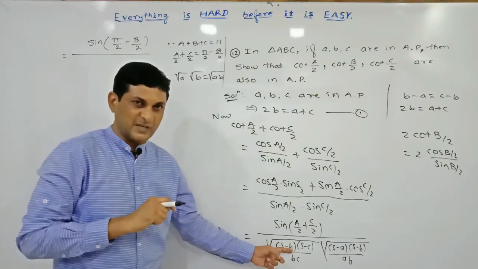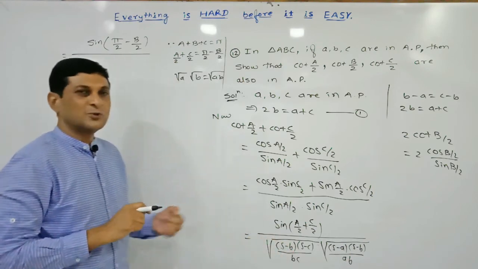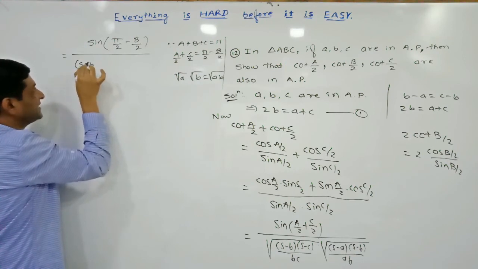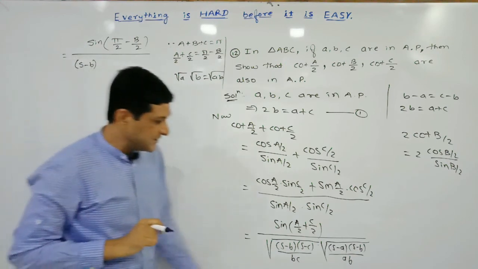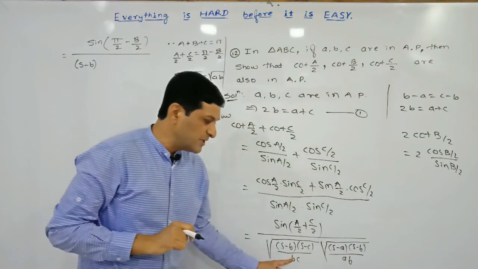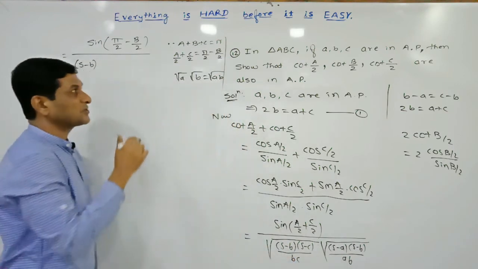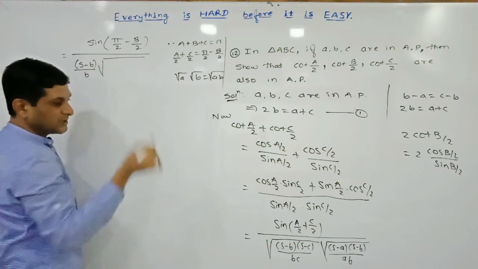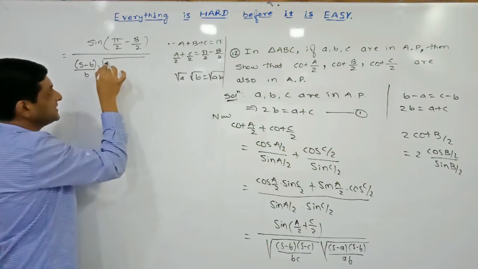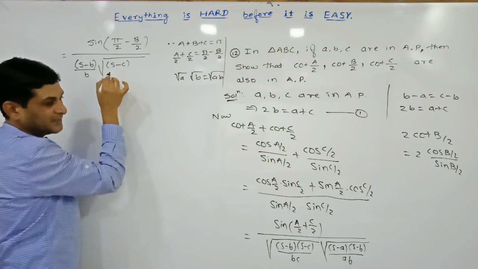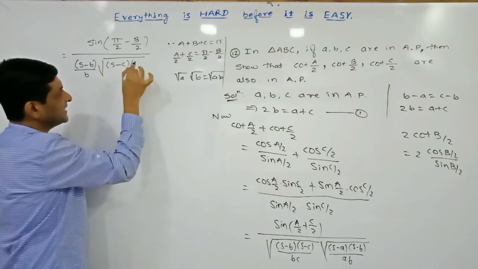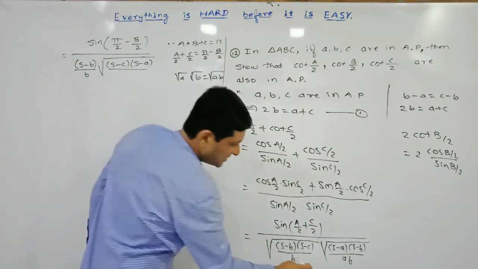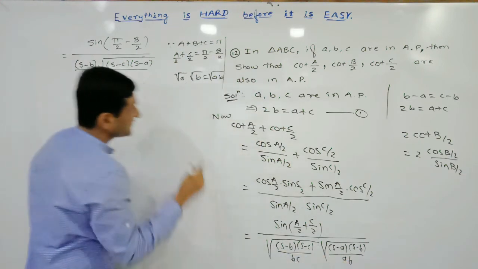Square of s minus b, and square of s minus b outside the root will become s minus b. Again observe in the denominator, b into b will be equal to b square, and b square outside the root will become b. Now the remaining terms in the root are s minus c into s minus a divided by a into c,